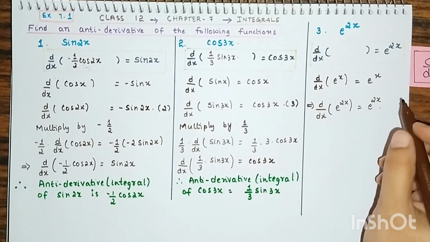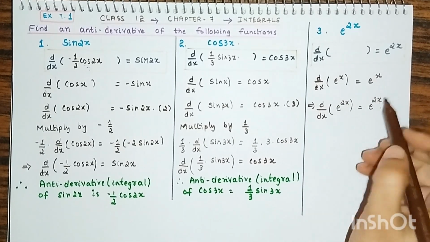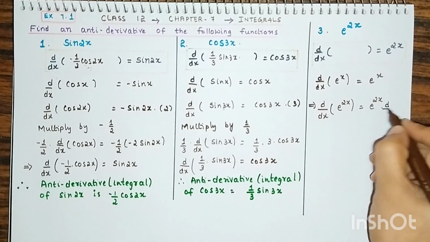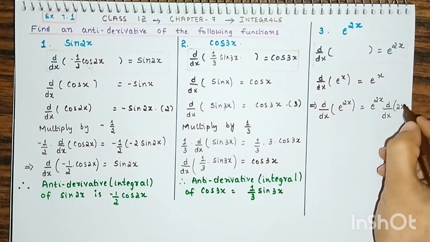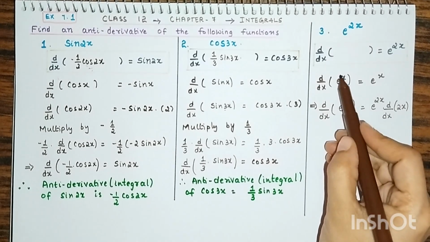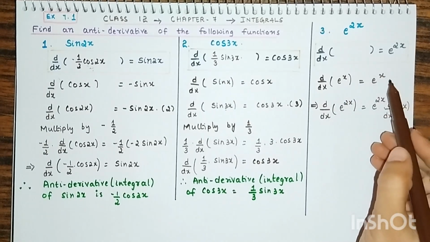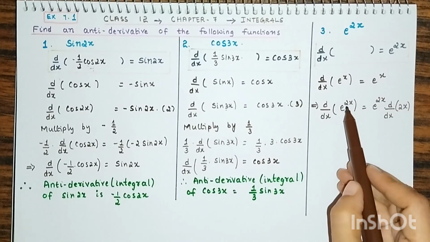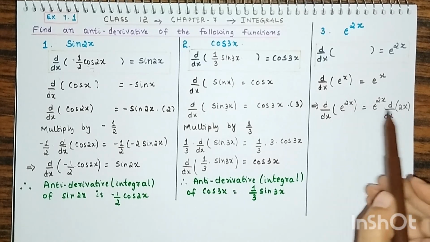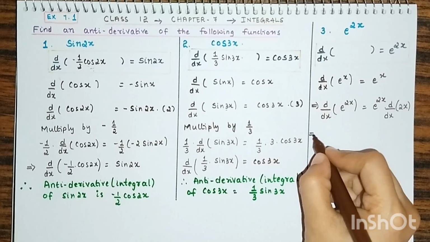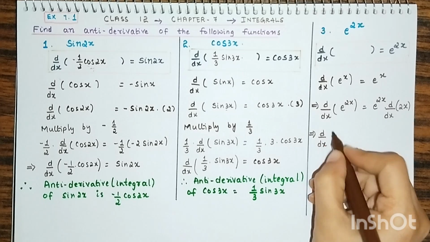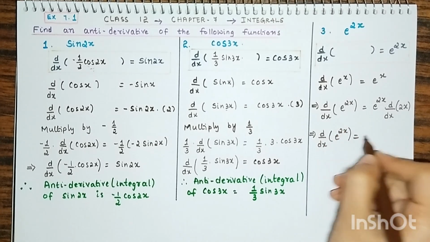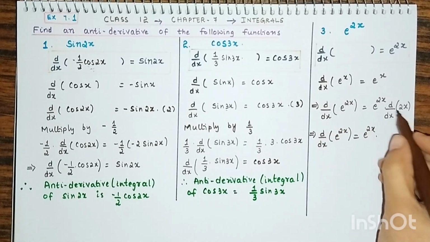But wait, we have to differentiate this 2x also, right? We should also differentiate that function which is there here. Here it is just 1x, so here you will get 1. That's why we avoid writing that. But here we have 2x. So if you differentiate 2x, what will you get? So d by dx of e to the power 2x is equal to e to the power 2x, and the derivative